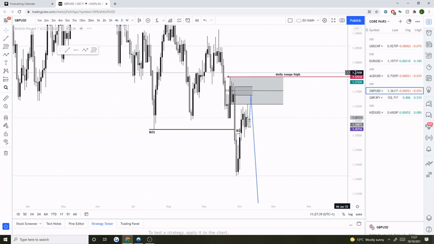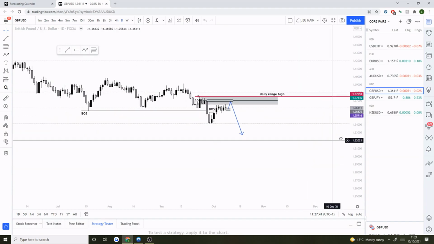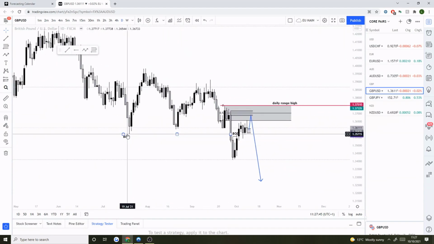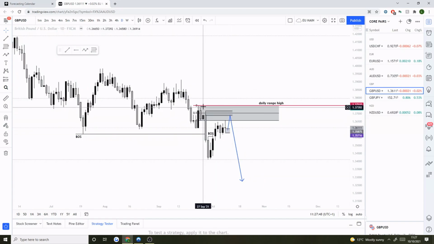So GU, pretty simple really. It's literally the same forecast as last week, more or less. We've just had a break of structure to the low, and now we've got this new daily range developed with a daily high here. And I'm just looking to continue for the next impulsive leg down, following this impulsive leg,